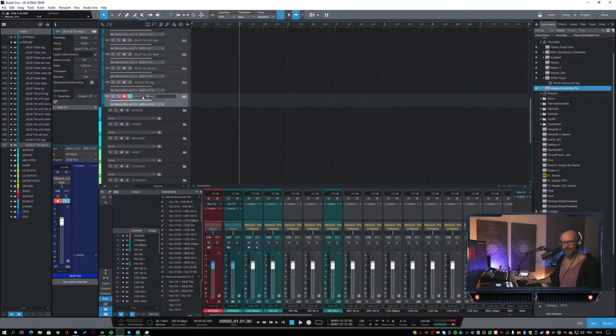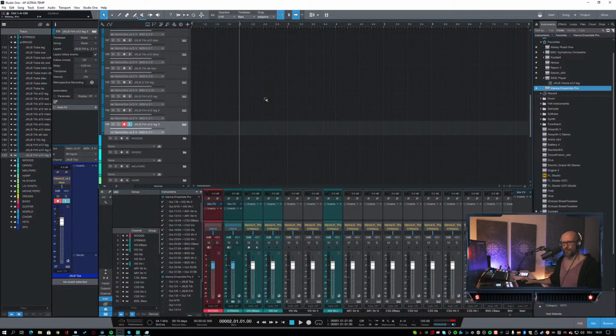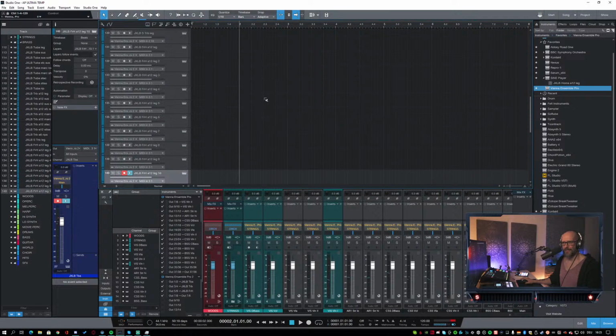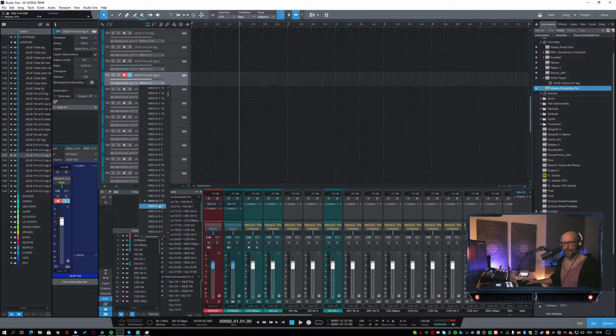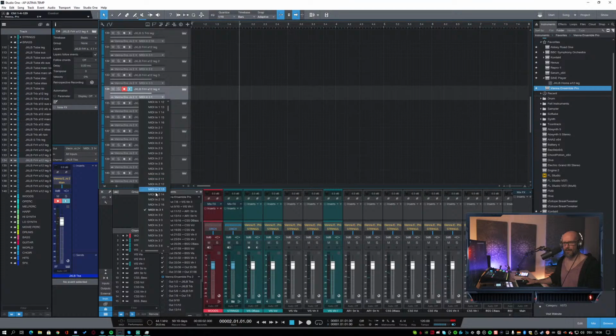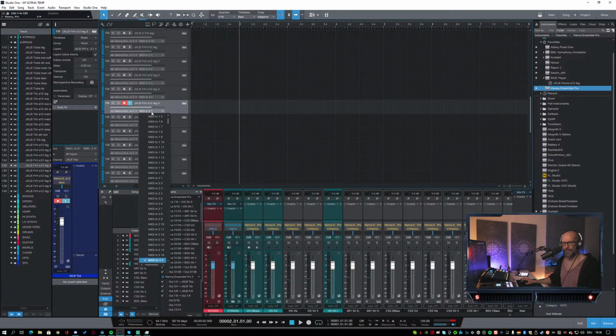Duplicate this one, rename that first. Junk XL brass A12 legato, and then we just set this to 3, 1, then 2, 3, 4, 5, 6, 7, 8, 9, 10. So this should be now routed to 3, 1, 3, 2, 3, 3, 3, 4,